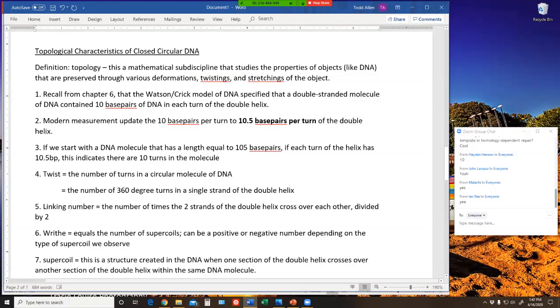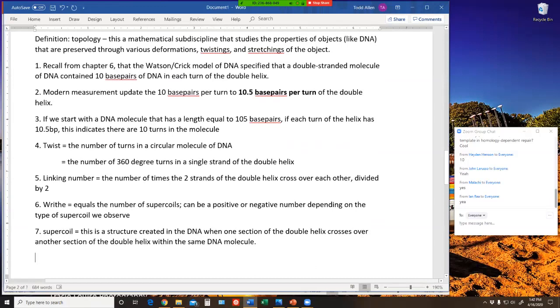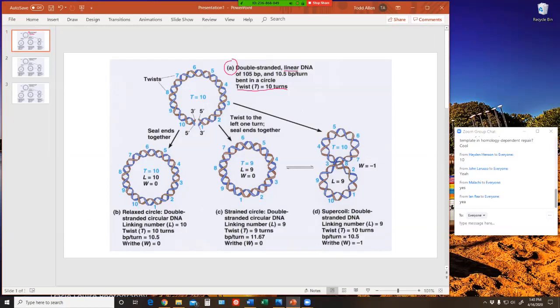Okay. Now, what we have to talk about is this positive versus negative supercoiling business, okay? So here's a scenario where I absolutely have to do a little bit of drawing because I can't explain this in words. So I'm going to go back to the graphic. When we talk about positive versus negative supercoils,